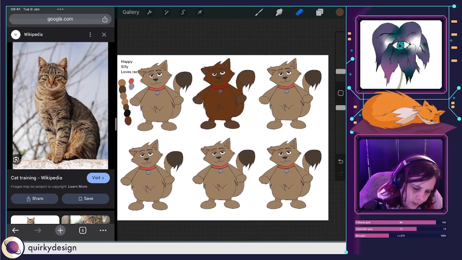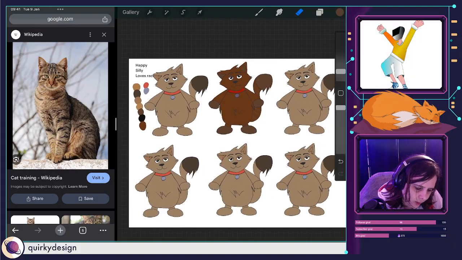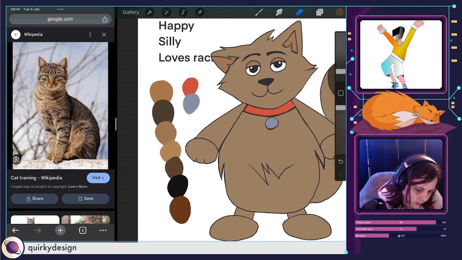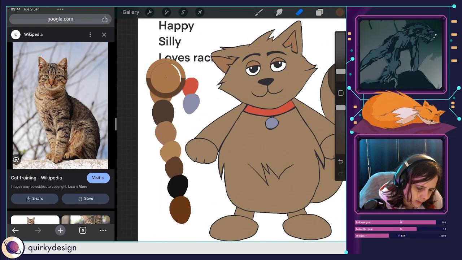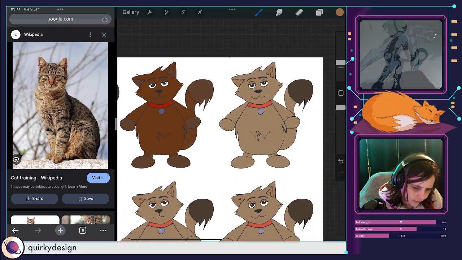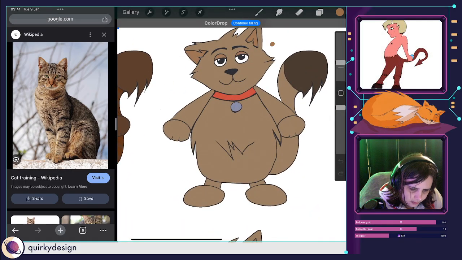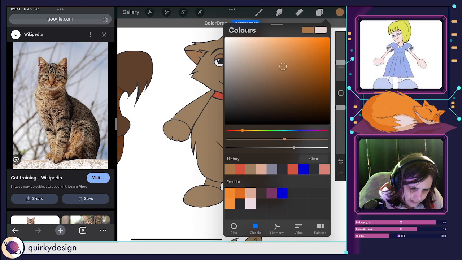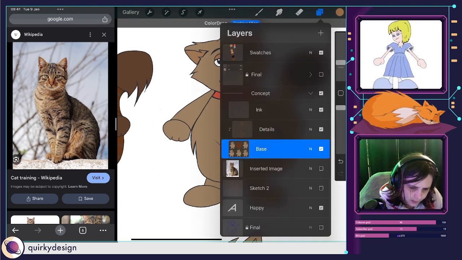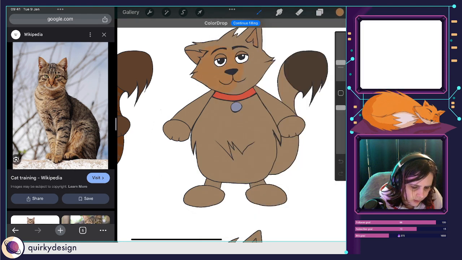I think for this one we shall try and go really light. Let's use this colour. There we go, make sure I select the right layer before I start.